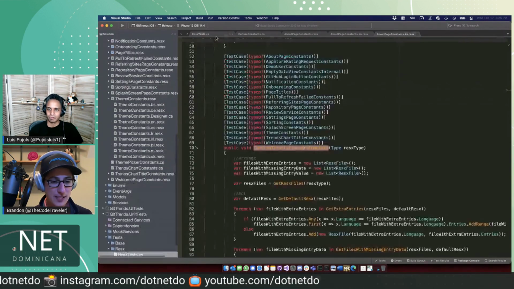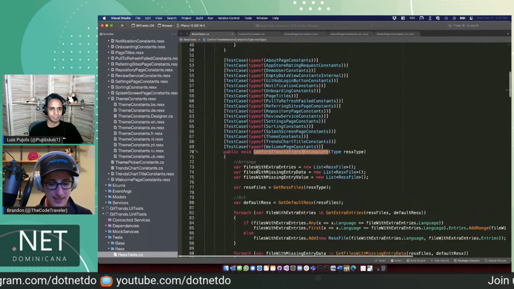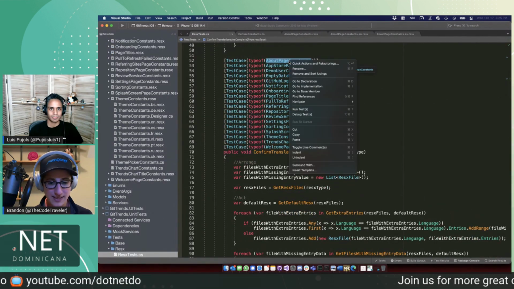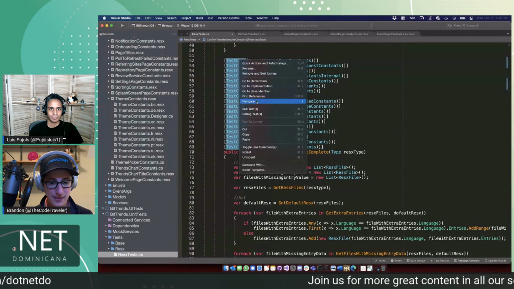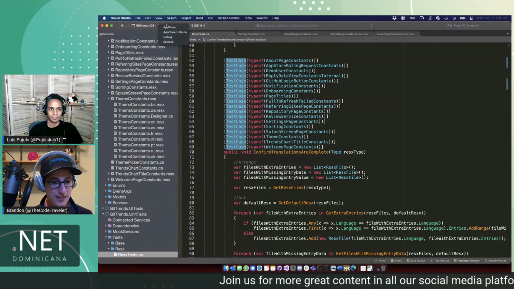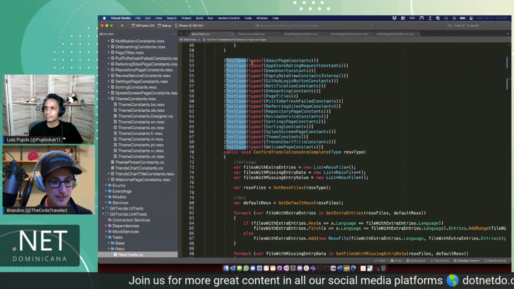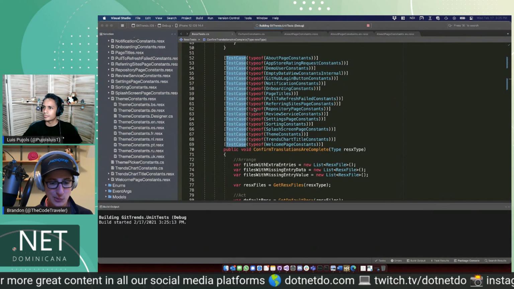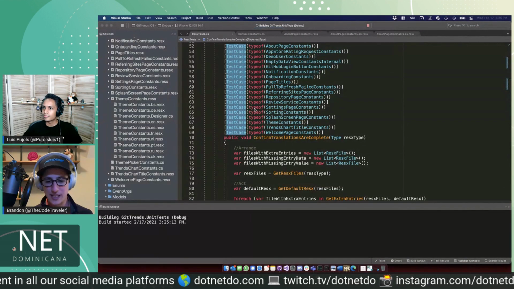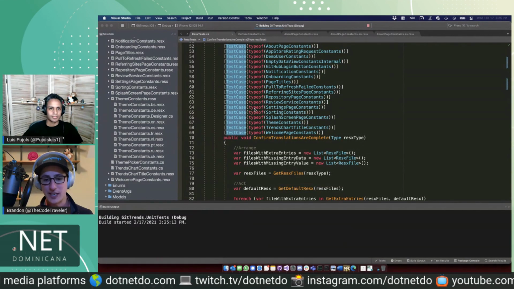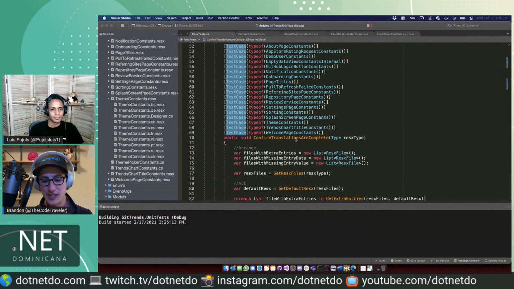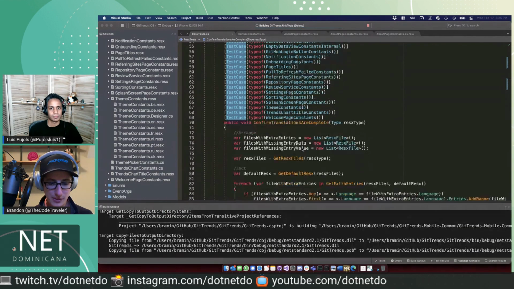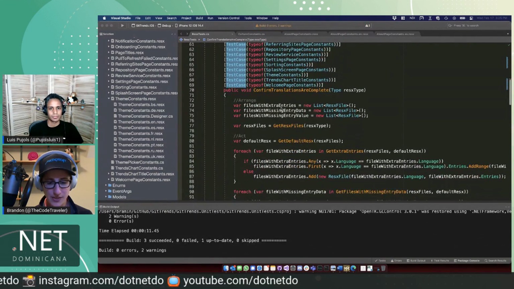And what's nice about this test, if we were to run it, let me see if I can run this specific test, and let's switch to debug to save a little compile time. Let's see if this works. When this test runs, it should tell me that the about page constants translations are not complete. And what this looks for is,